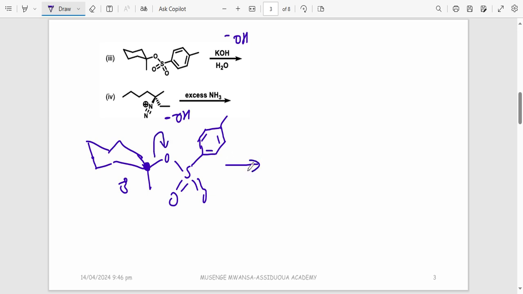And it leaves because it is a good leaving group. So what you remain with, you have got this with a positive charge here because this group has left. You can just show it there. It is a byproduct. The oxygen is going to be with a minus there, then a sulfur like this,